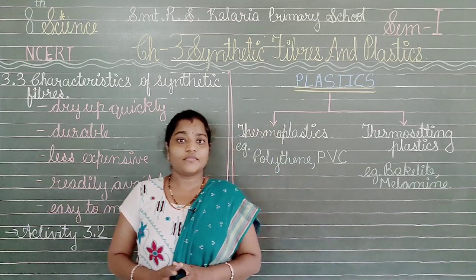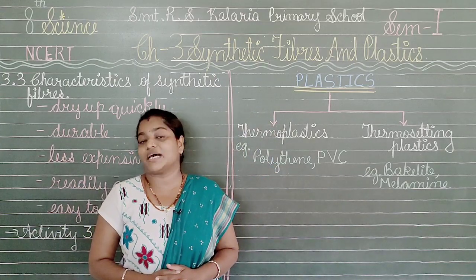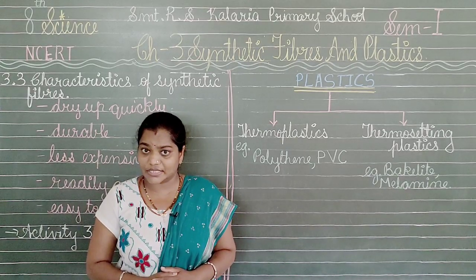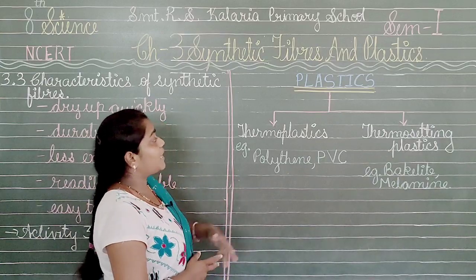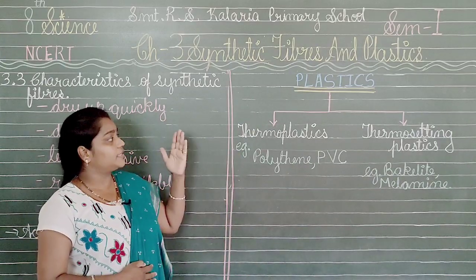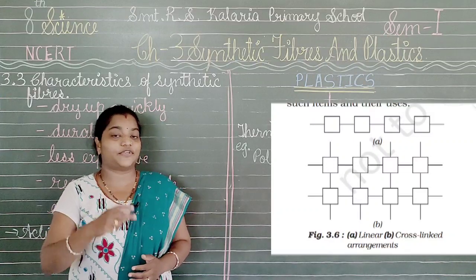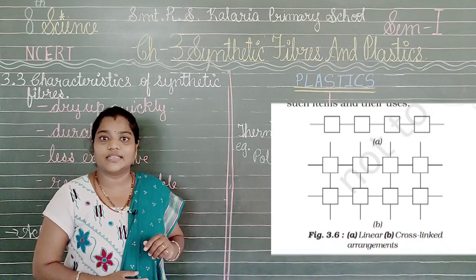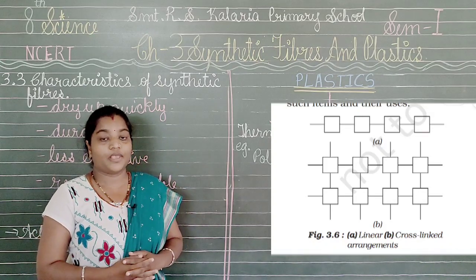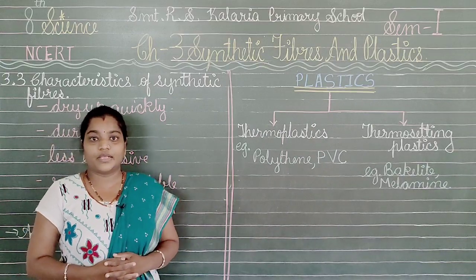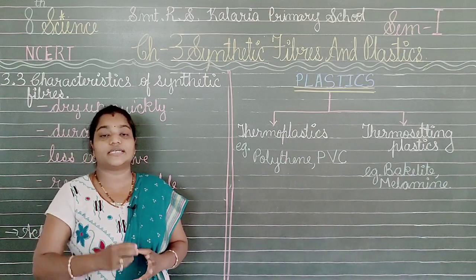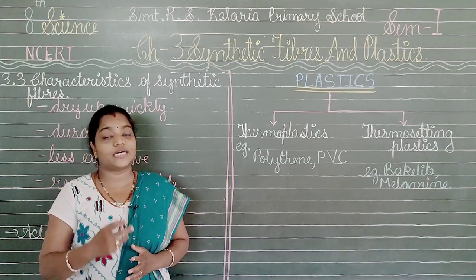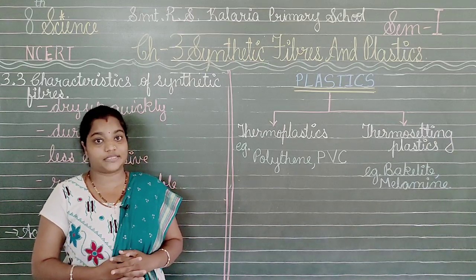Now, the next thing that comes to our mind is the plastic. Now plastic is also a polymer which is made synthetically. Now what is this plastic? Let us have a look at this. Now plastic, as you can see in this picture, you are seeing 2 types of arrangement. One is the linear arrangement where the boxes are placed in a single line and they are attached in a single way. But as you can see in the second picture, there are links between the boxes in a different manner. They are called the cross-linked arrangement. Now these are the 2 types of arrangement which we find in plastic generally.